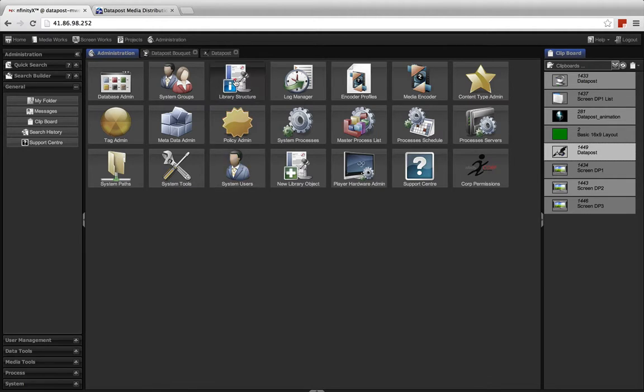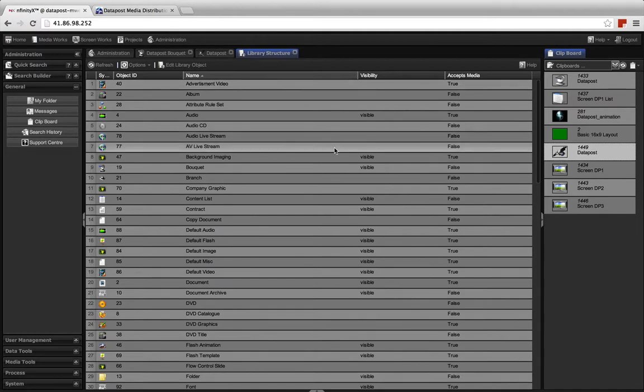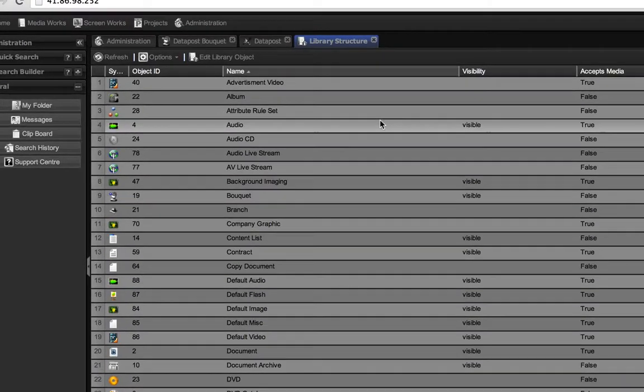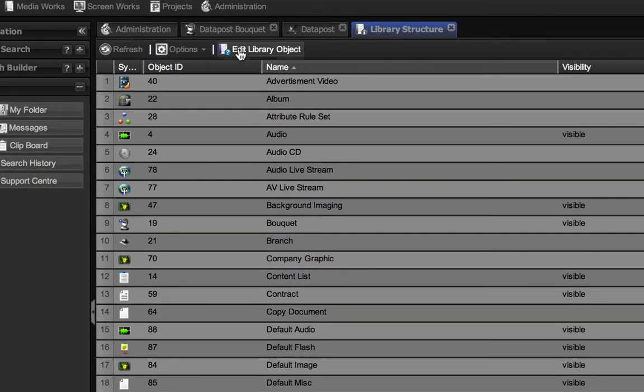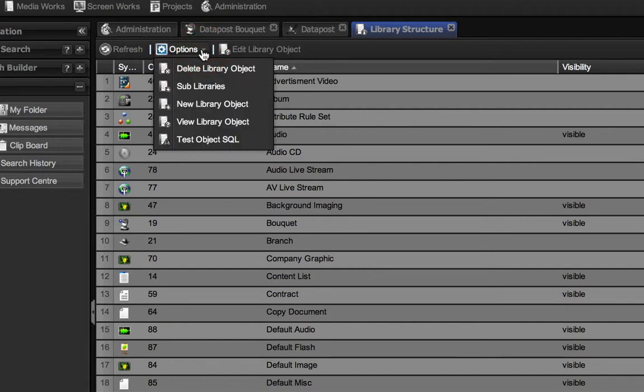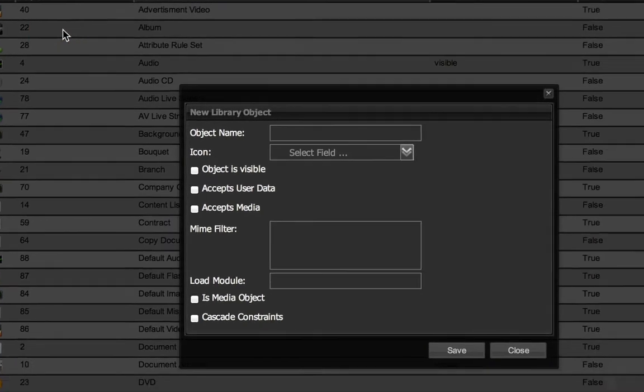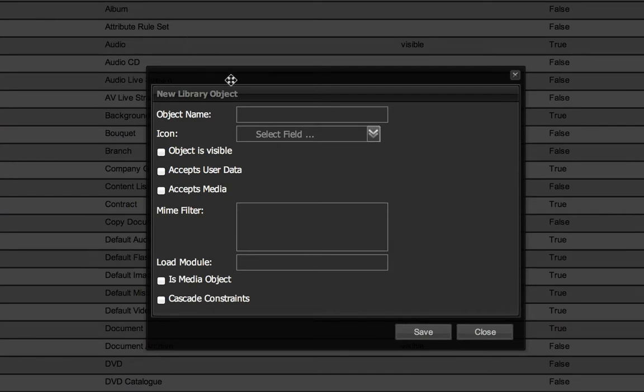Okay, so what we need to do here is go and create a library object. We go to library structure, and this is purely an administrator environment. You should be an administrator when dealing in this environment. What we want to do is make a new library object. I'm going to make a new video library object, okay? And I'm going to call